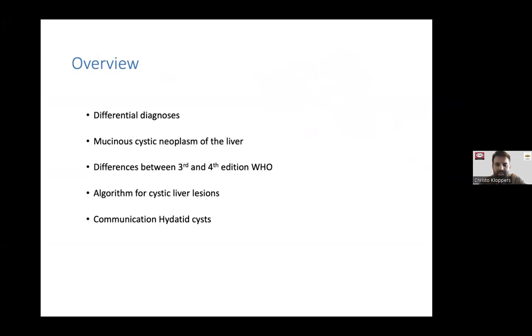Obviously, there's a pathology-based one and an imaging-based one. And then we'll discuss a few aspects around